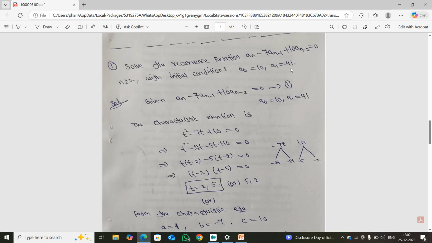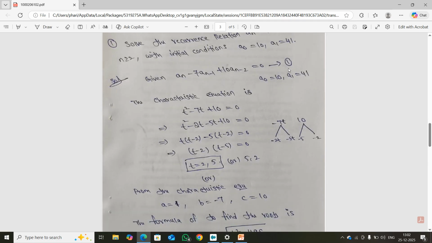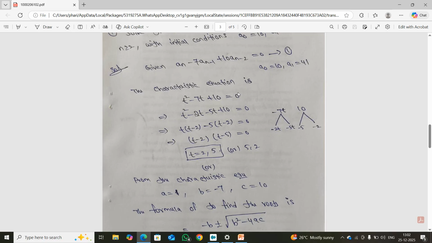Now we use the characteristic roots method to solve this problem. First, the given recurrence is a_n minus 7a_(n-1) plus 10a_(n-2) equal to 0, equation number 1, with a0 equal to 10, a1 equal to 41. By using the characteristic roots method, the characteristic equation of the given recurrence relation is